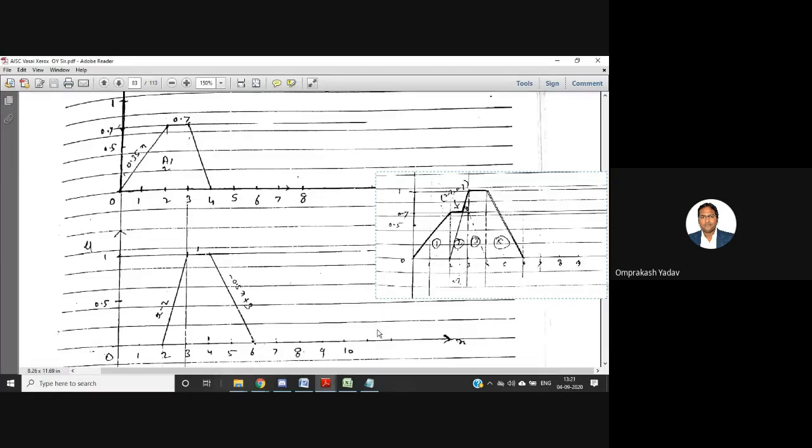If you are able to draw this in this way directly, it's up to you. Otherwise you can draw the full diagram and then just remove the inner part. So it's up to you, the choice is yours. But I hope, if you practice once or twice, it's very easy. Whether you understood, I'll now show this diagram more clearly in the PDF. Whether this idea of how to draw is clear. If you are having any doubt, please ask me. It doesn't matter whether we are able to solve it today or not, but the concept should be clear, whether you are able to draw this or not.